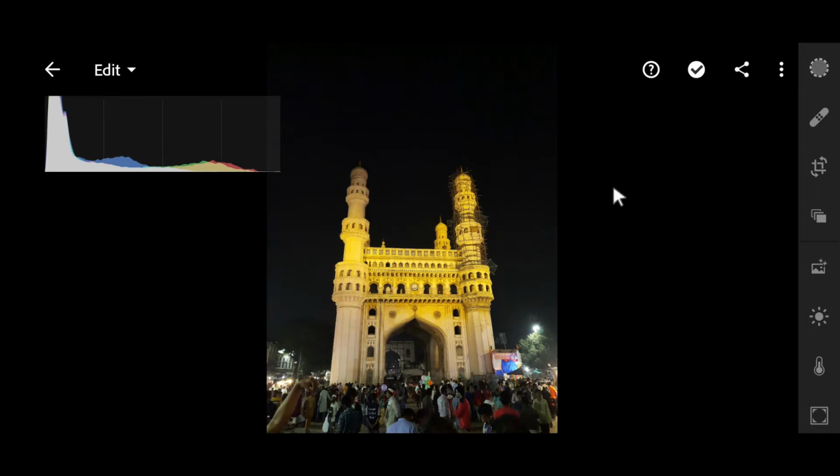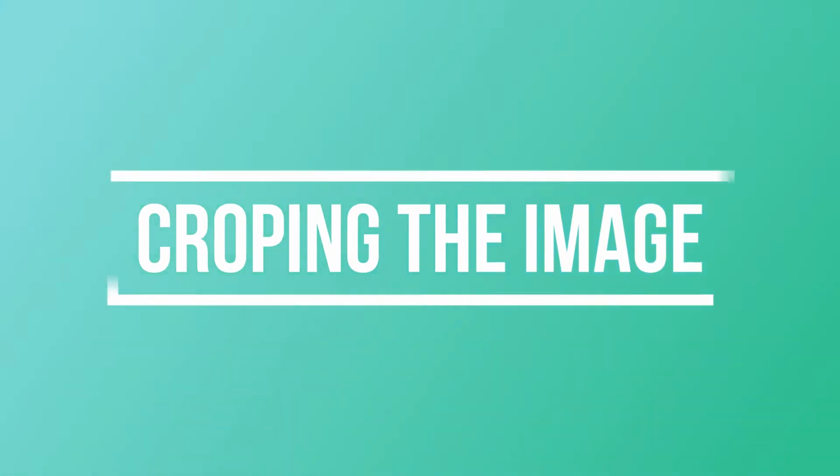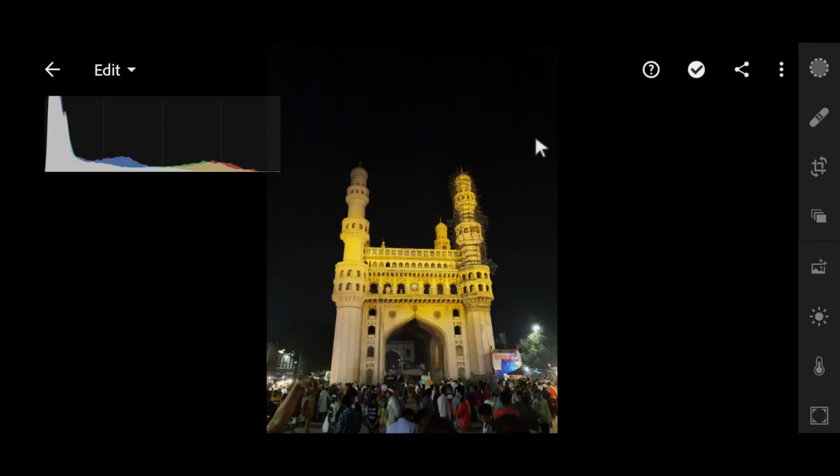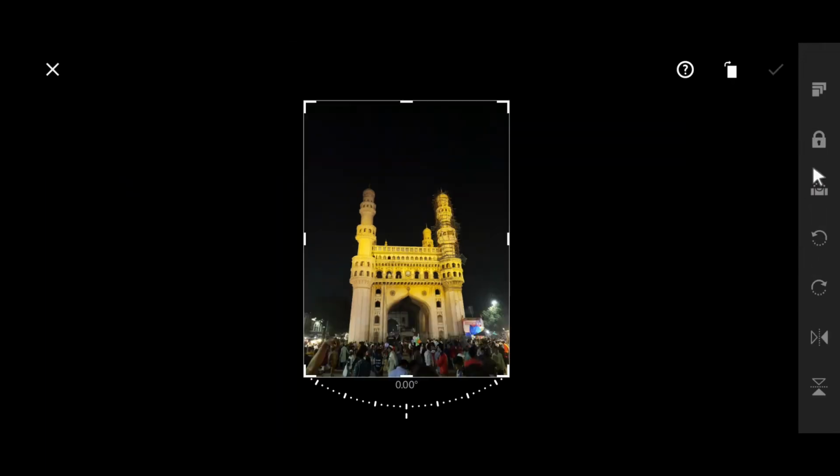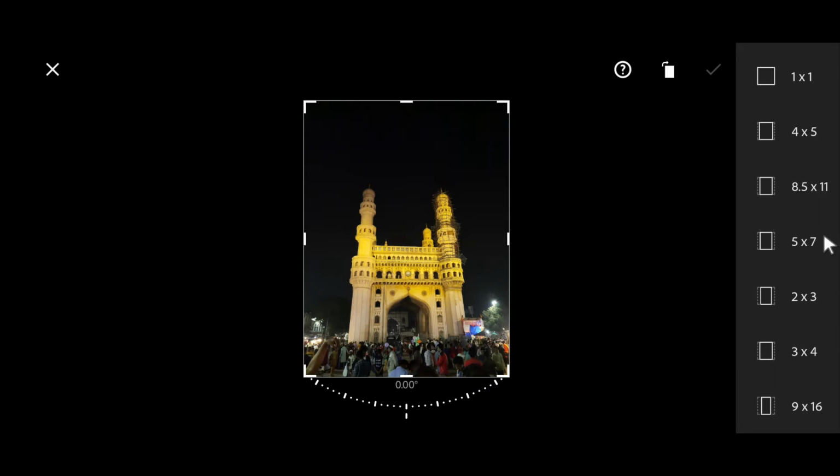First of all, I'll crop it to a 9:16 ratio so that it fits my mobile. So I'll just go here and crop it. We already have this aspect ratio.